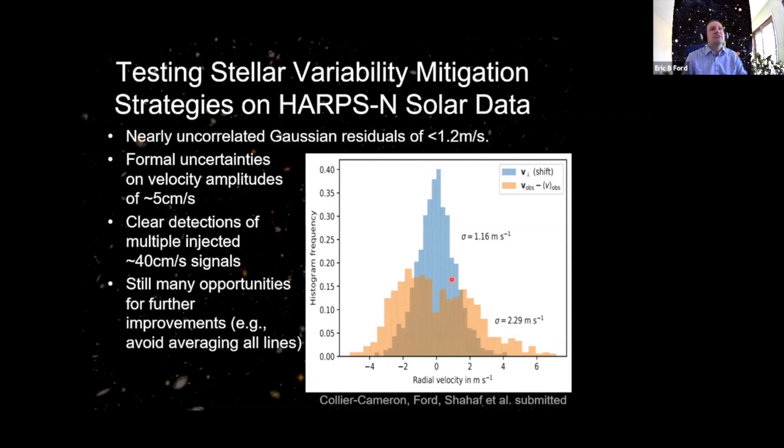Other authors using very different techniques have also gotten similar levels. I think the best case I saw was maybe 0.8 something meters per second for a similar data set. You can argue about overfitting and such, but either way, we're making substantial improvement, a factor of 2 or 3 over what the sun is doing with existing data, and it's kind of the previous generation of instruments, and we're hoping the new instruments will allow us to do a lot better.